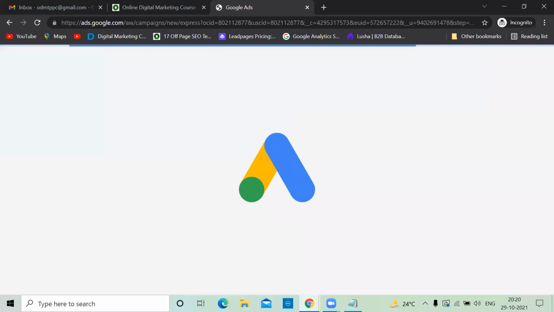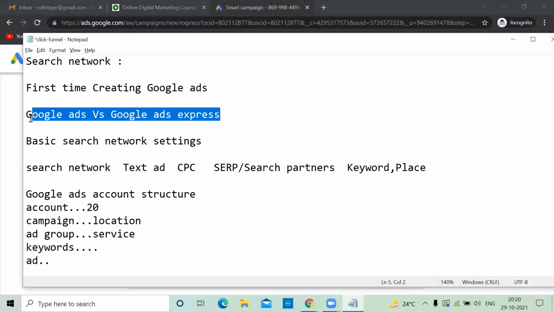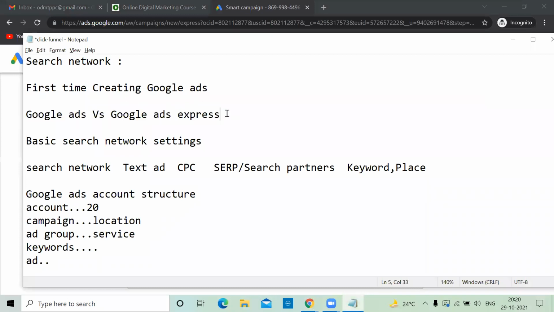So now I need to explain something about Google Ads and Google Ads Express. Google is a serious platform. You can always believe in Google. Google never cheats, actually, but they're crazy sometimes.